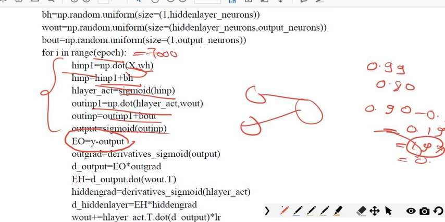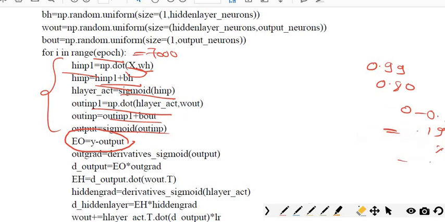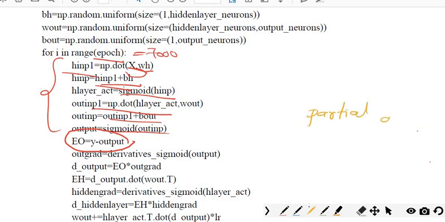So what we will do is go back. From the output we go back to the hidden layer by changing the weights, and again from the hidden layer we go back to the input layer by changing the weights. Each time we change the weights, we check what my error rate is. Until I get the error output equal to 0, we keep changing the weights from the output node to the hidden node, and from the hidden node to the input node. How are we doing this? We are doing it by using partial derivatives. Already you know this; we apply the partial derivatives in the back propagation technique.